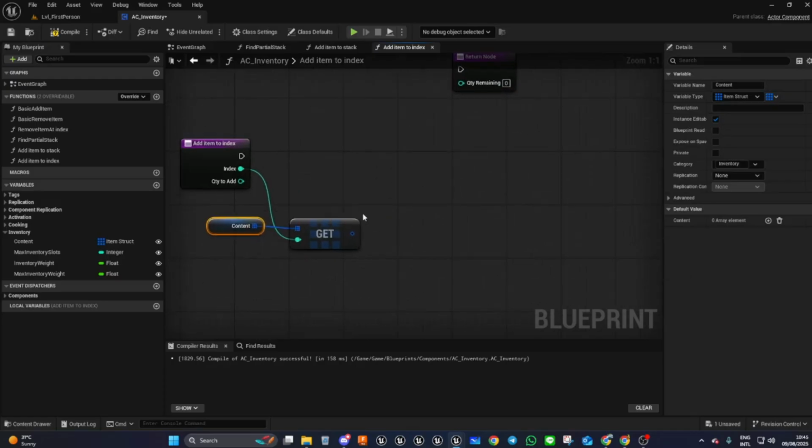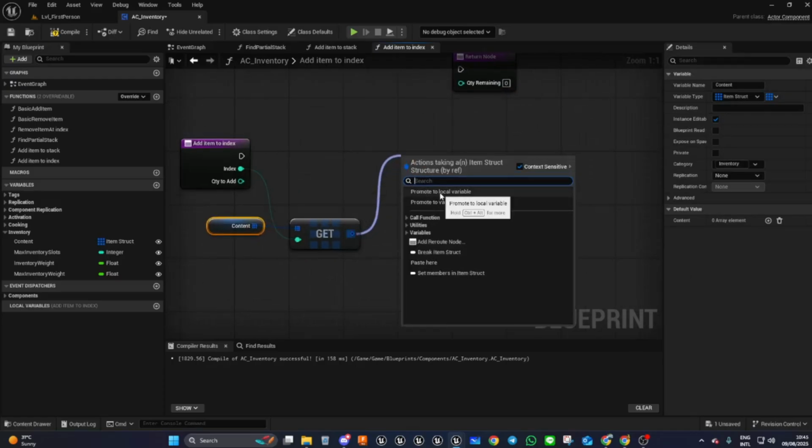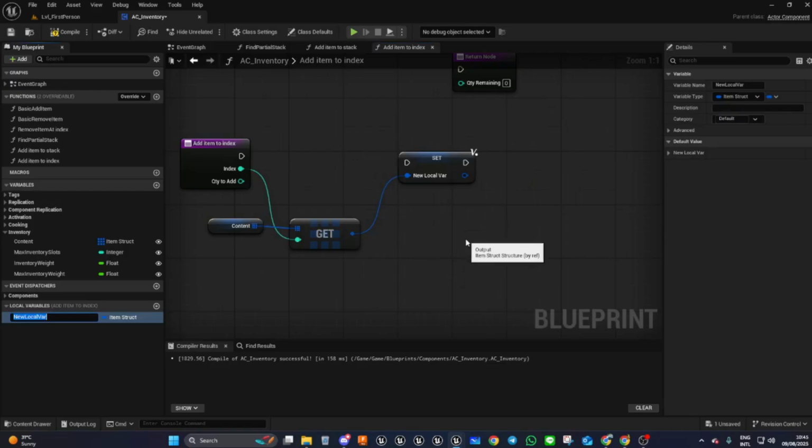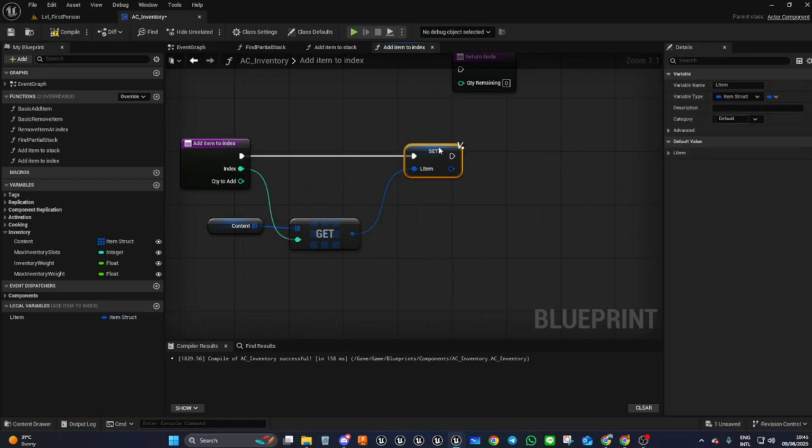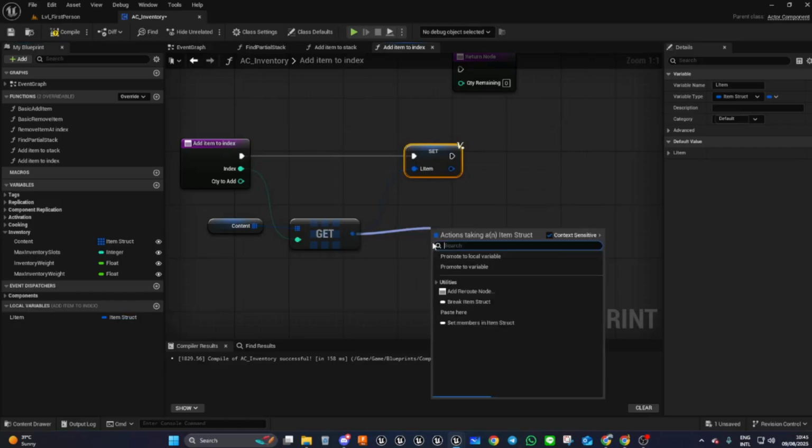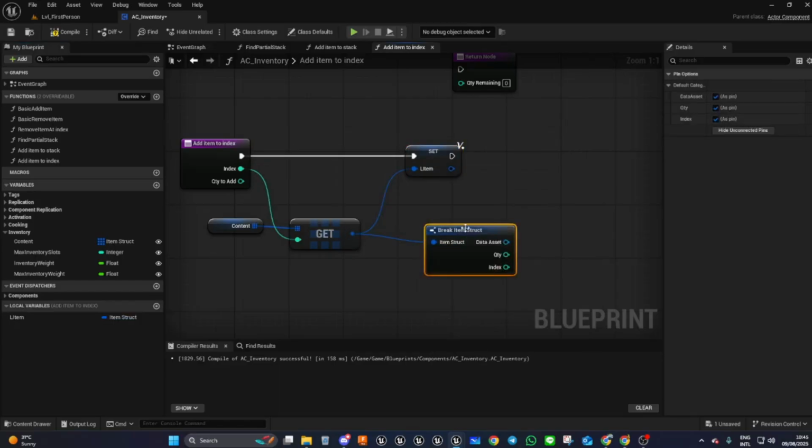Okay. And we're going to promote that to a local variable because we need it elsewhere. So L item, connect it like that. We're going to go ahead and break this information,